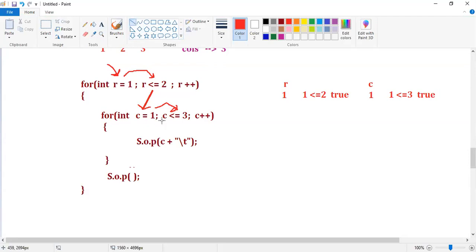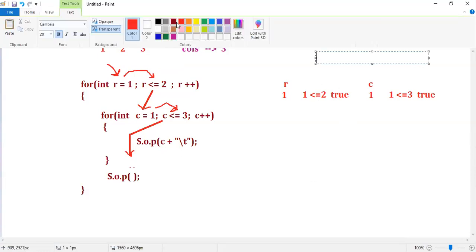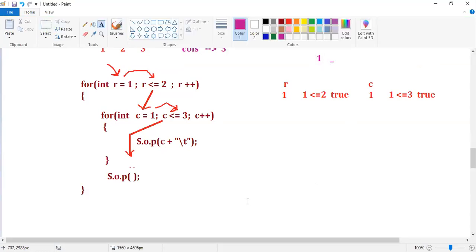Everyone check the flow. Control executes the statement. Because the column value is 1, we are going to get the output as 1. Because of \t, the cursor moves to the tab space.